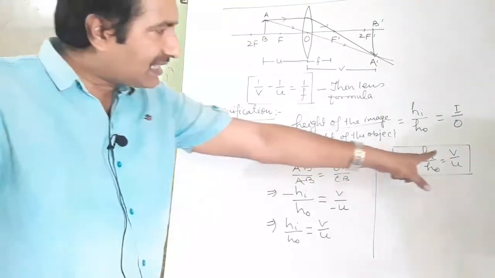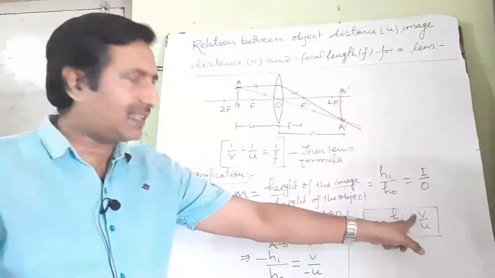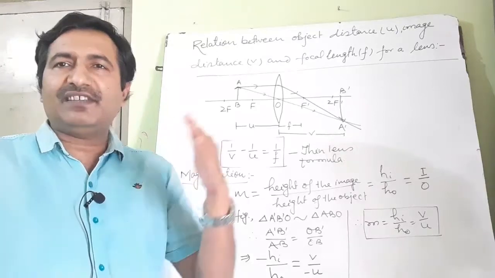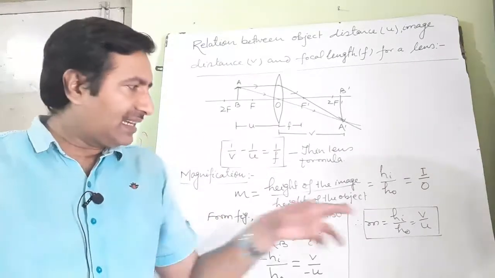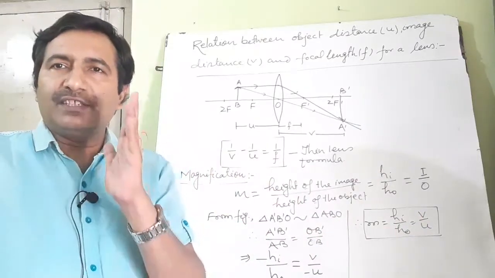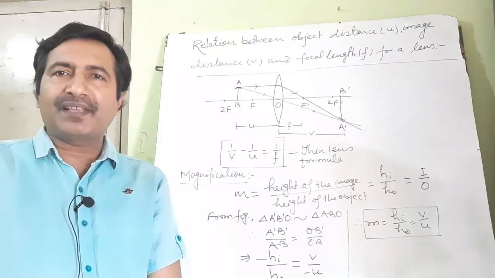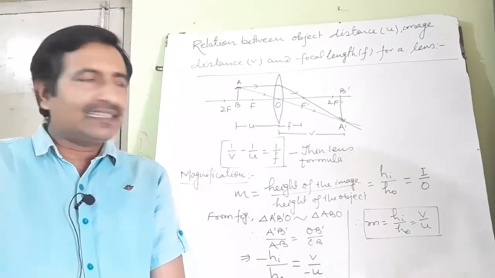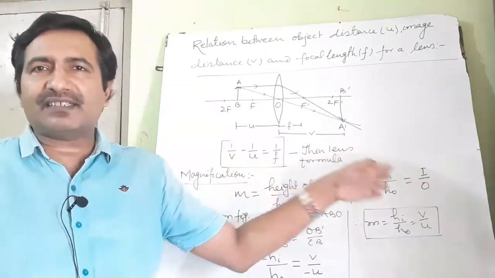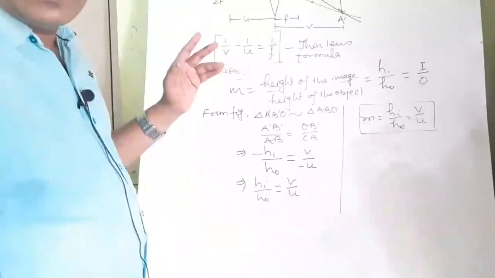Can you compare this expression with the expression for magnification in case of a mirror? Yes, in case of mirror you can recall the formula m is equal to minus v by u, and here m is equal to plus v by u. This is the basic difference between two. You can recall that whenever I was discussing about the magnification in mirror, that magnification was expressed in terms of focal length also. Here again I will express this magnification in terms of focal length. You see how m is equal to